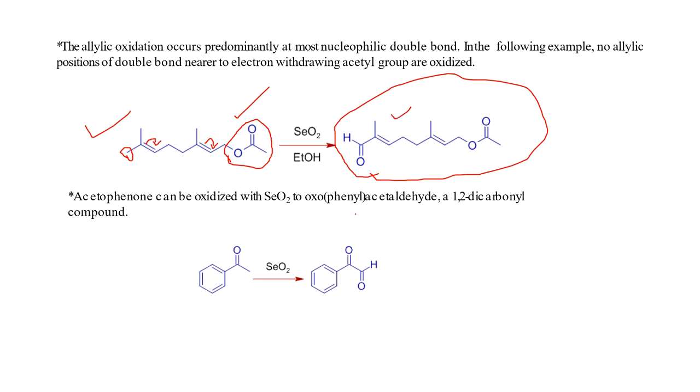This is important. See this case here, this CH3 group is containing an active methylene group, and this active methylene group gets oxidized by means of selenium dioxide to a carbonyl group, and hence this product is obtained. Active methylene group gets oxidized to carbonyl group, and hence a 1,2-dicarbonyl compound is produced because of the oxidation of active methylene group by selenium dioxide.